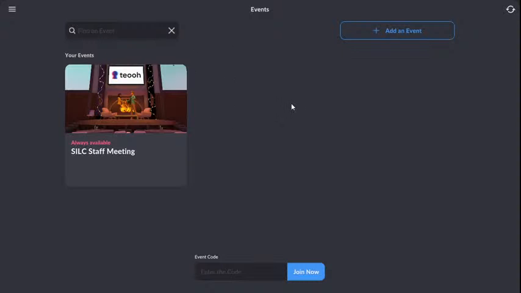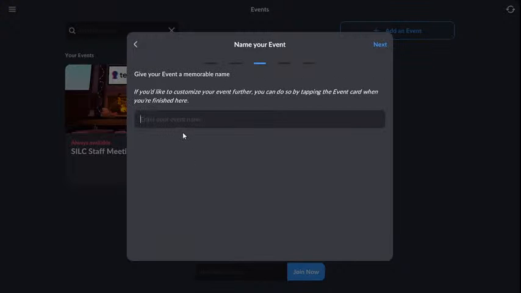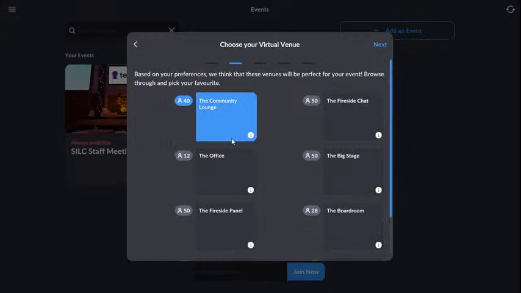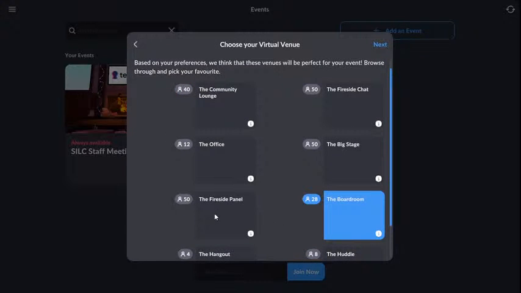Once you're ready to build, you click add an event, and this is the type of event that you want. These are the basic things they've created so far. You can have big chats, which hold different capacities of people. If you search for something like conference, it will give you some recommendations here, and it should give you a little image.